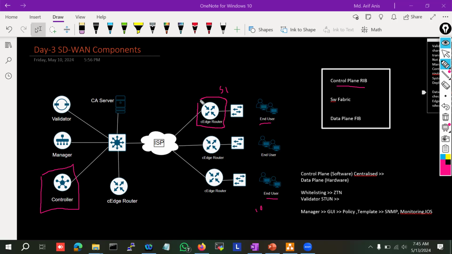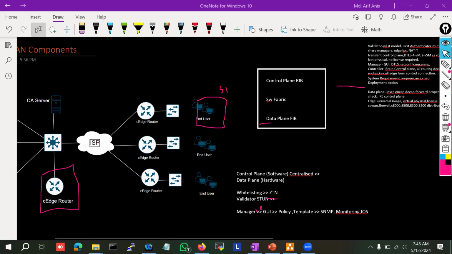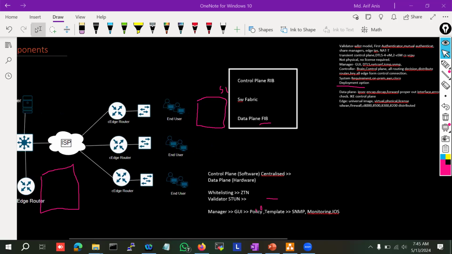Because this router has no capability to determine which traffic will go via which path. So all the routing decisions will be taken by this controller. All the routing information, all the policy push, all communications will be done by this controller, and it will